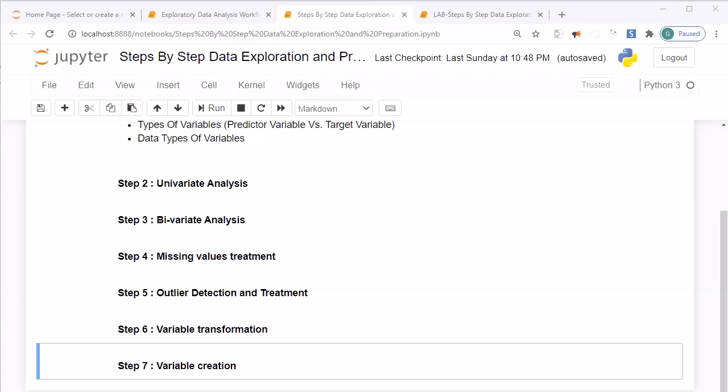Hello guys, welcome back. Now we are into the last step of the data exploration and data preparation workflow. This step basically belongs to the data preparation step, as within this step we generally create variables on the basis of the existing variables, and these newly created variables are used within the predictive model for their